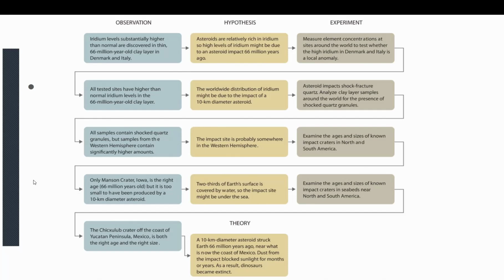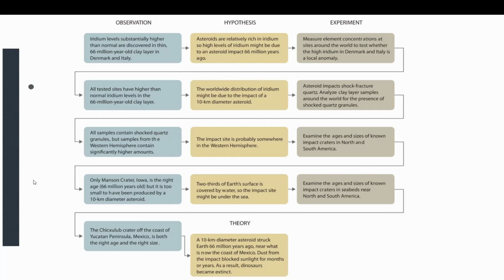So they went all around the world and found that all the tested sites have higher than normal iridium levels in the 66 million year old clay. So they determined that there must be worldwide distribution of iridium, and that it might be due to the impact of a 10-kilometer diameter asteroid, because that would be the size needed to create that widespread impact of iridium. So then they looked at asteroid impact shock fracture quartz and said, we'll need to analyze